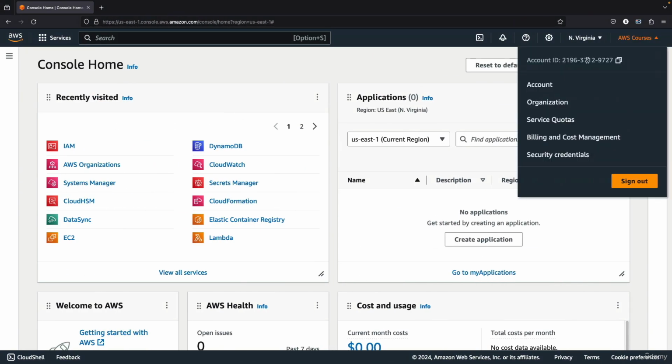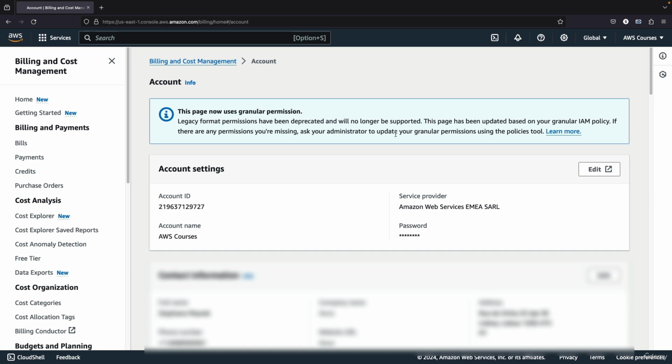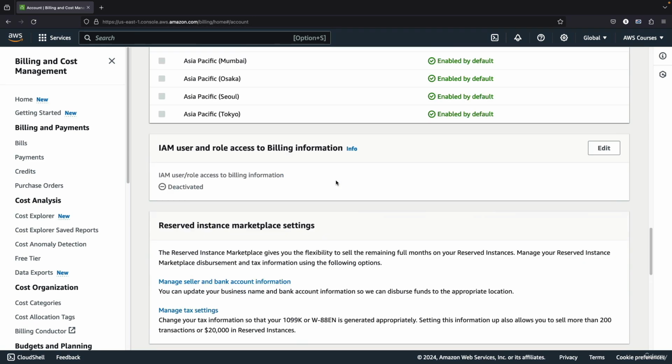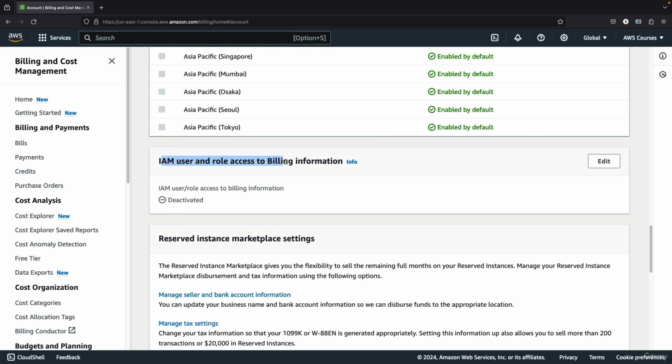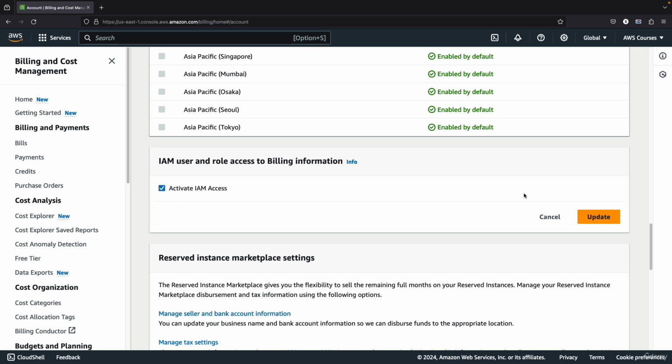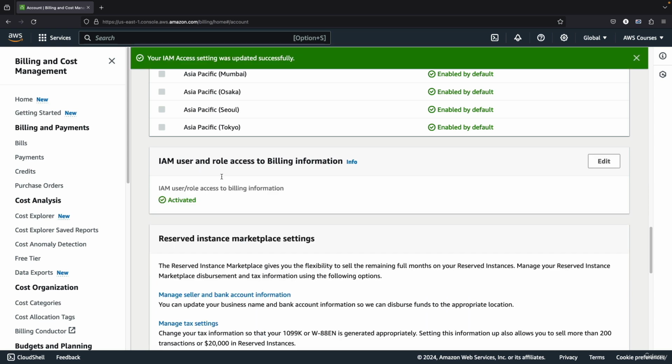So here I'm in my root account. As you can see, it just says the name of my account. It doesn't say an IAM user. And then you click on it and you go to accounts. From accounts, you're going to scroll down, and you will find the IAM user and role access to billing information. And as you can see right now, it is deactivated. So we need to just activate IAM access, and this will allow IAM users to access the billing information if